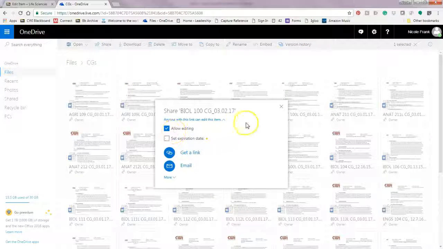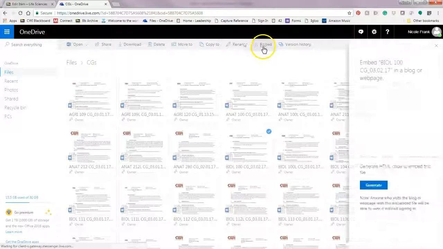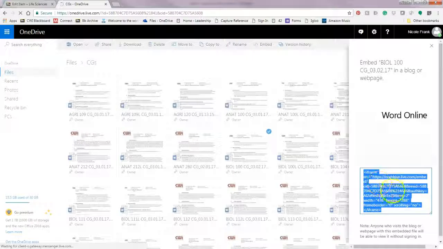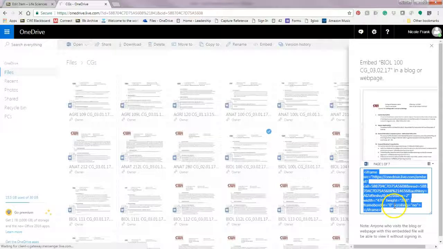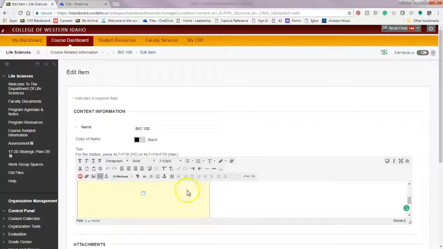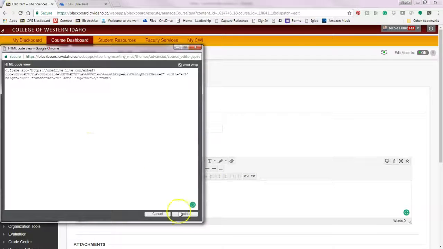And what you want to do, nope, you don't want share, sorry. You want embed. So you'll click the embed code and then click generate, and this is where you'll find that code. So hit Control C to copy it, come back over here, if you hit delete, it'll delete that guy. Click on the HTML code button, brings up this new box, and you just hit Control V to paste, and then you